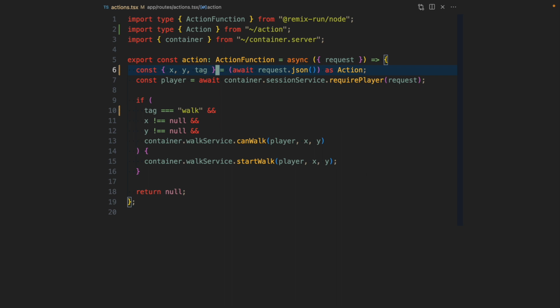First, we're retrieving the JSON body, and then we're requiring a player. So only players that are authenticated can do actions. And here we will have a huge if, else if, where we check for every possible tag. And if the tag matches the certain tag of the handler, we're just gonna call the appropriate service. In this case, if the tag is walk and the player can walk, we're gonna call the walk service start